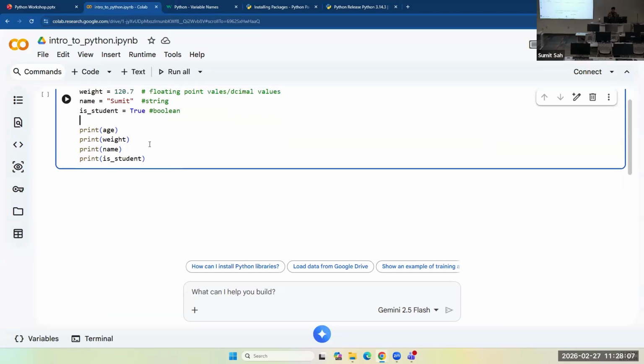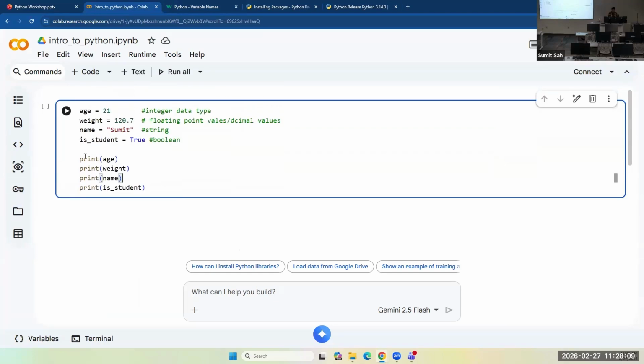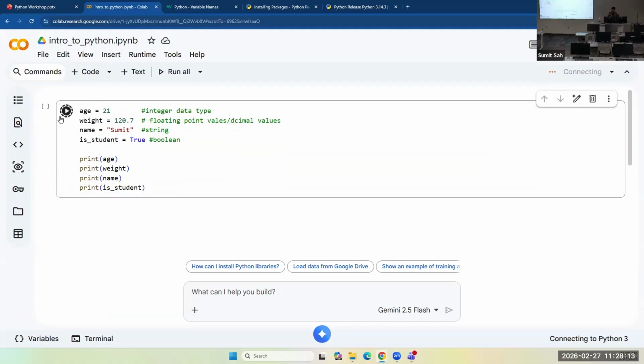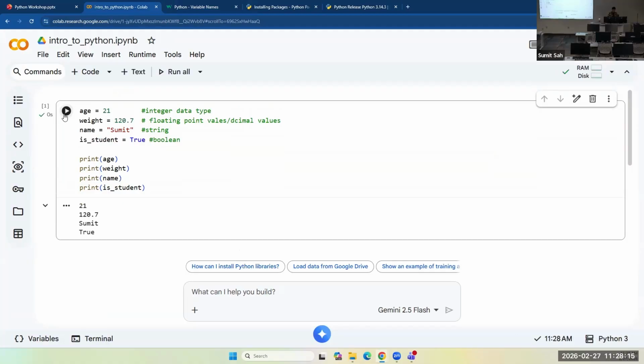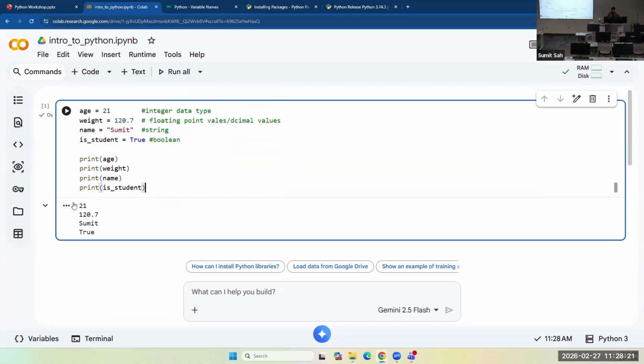That was about variables, and you can just use print statements to print all those values and run this cell. So this is the run button. It printed out all the values. Now I'm going to comment everything at once.